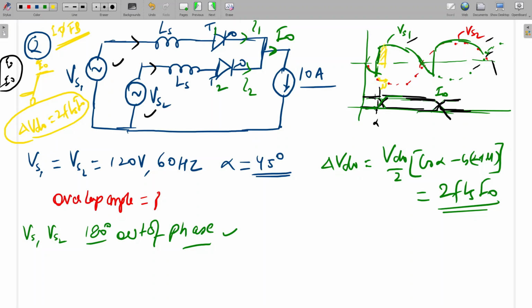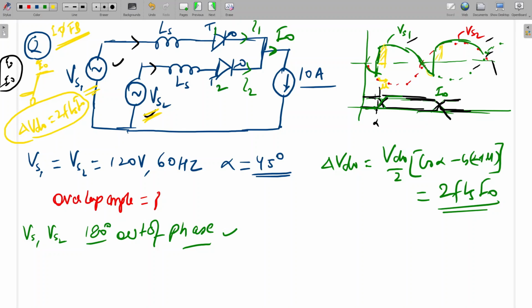Okay, two pulse, sir. This is the formula for two pulse, same. See here, two separate sources are already given. This is not a single source converter. So two separate sources are given, and the sources are 180 degrees apart. Means if this is positive, this will be negative, this will be positive. So if in this cycle we are triggering this one, then this will trigger, and the output voltage will be taken care of by this one. So the waveform will be